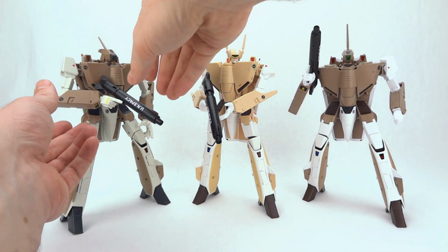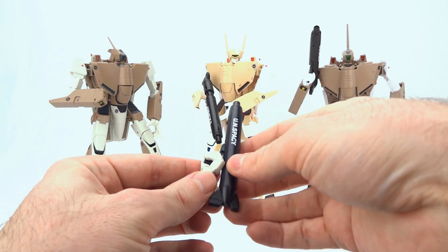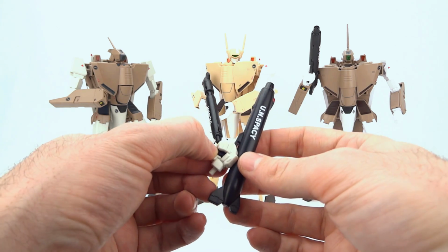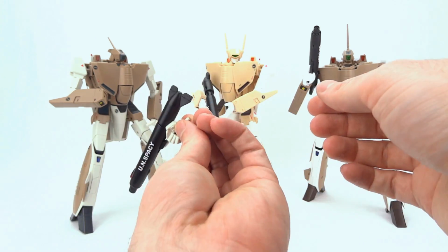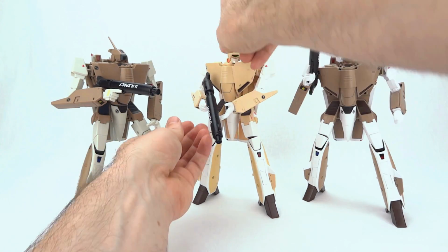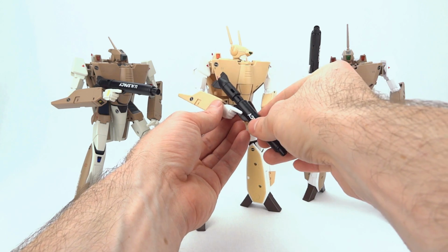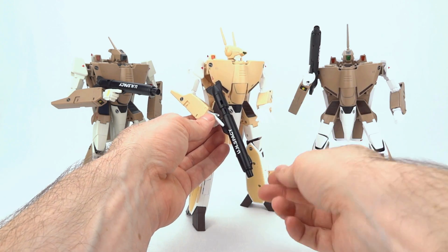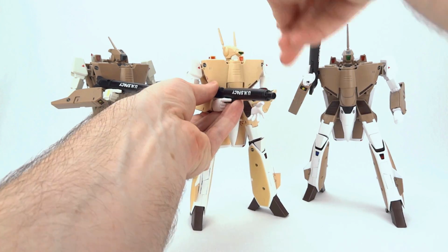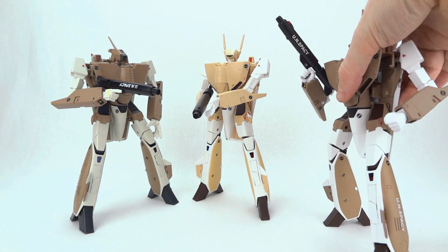I mentioned the fixed post hands earlier. What I didn't mention was a little quibble. The Do You Remember Love style hand has a peg inside of it that really grips this gun. So it could point down, point up. It's really good. The TV style hand does not have a peg inside of it for the grip. So it just comes in and out very easily. And if you point the gun down, the weight of the gun will droop. So you're going to need to use the other hand to hold it up or put the gun in an